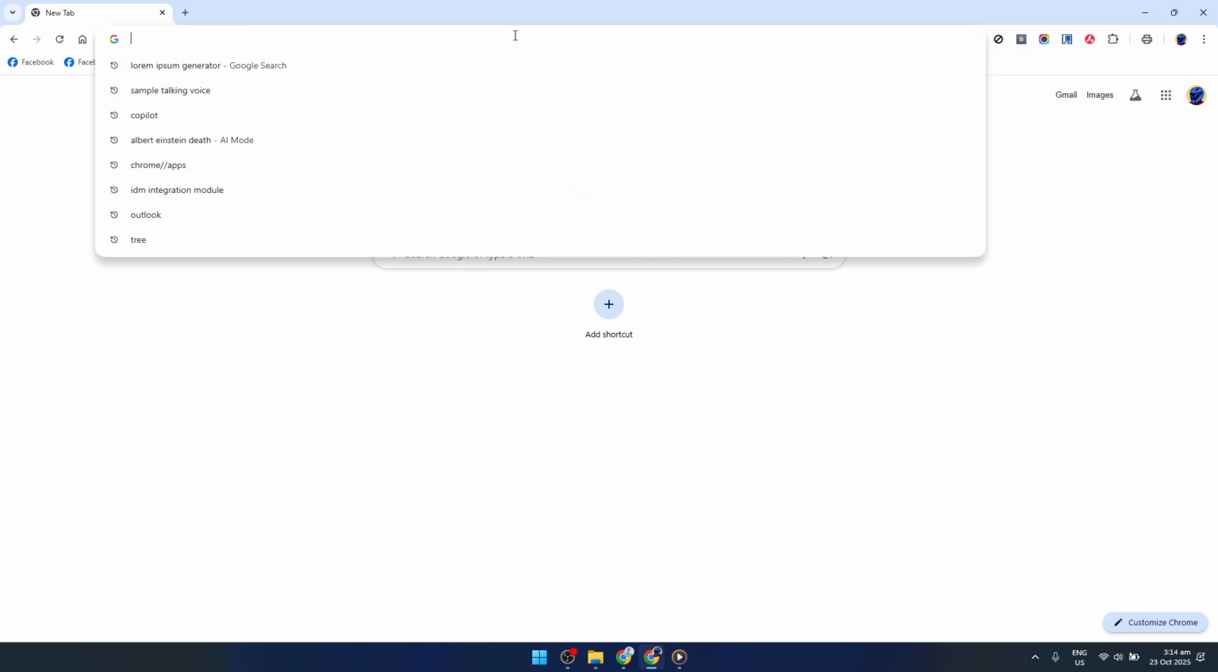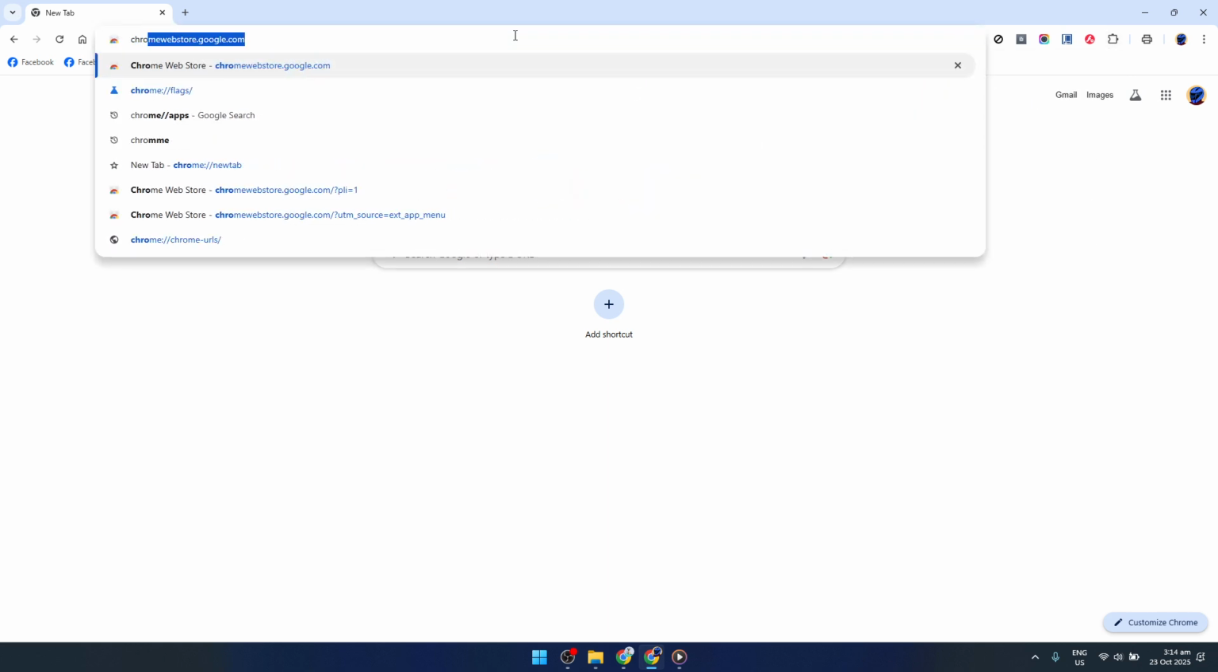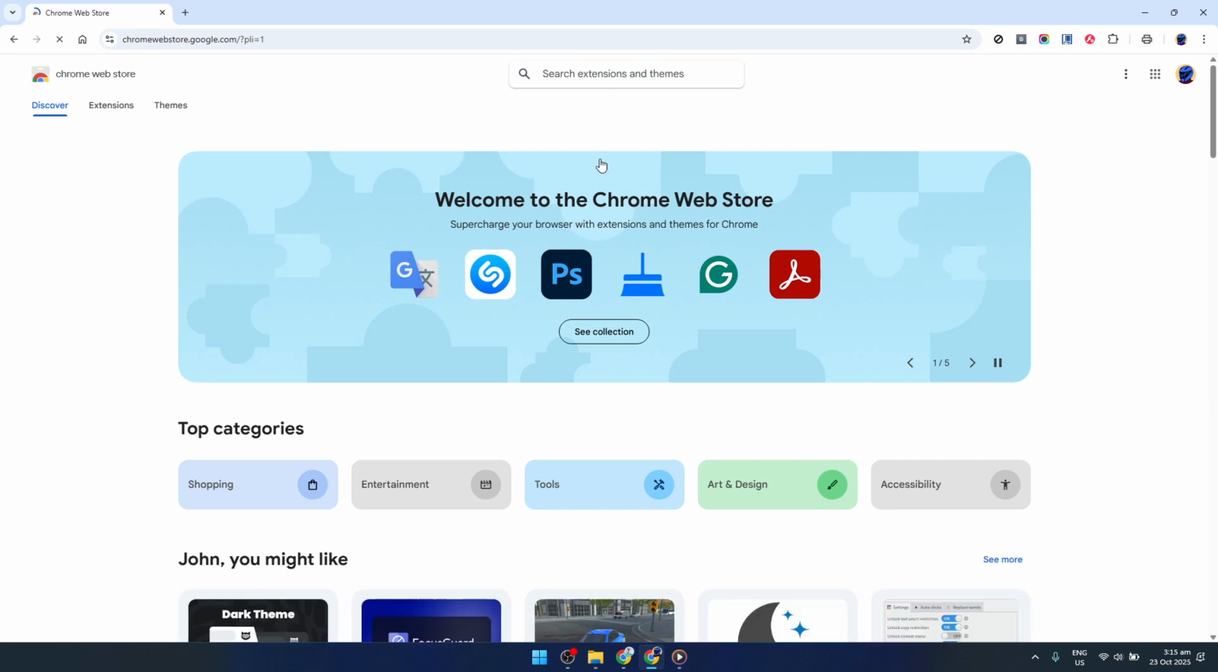This is where you'll find all the extensions you can add to your browser. Simply open your web browser and type in chromewebstore.google.com in the address bar. This will take you directly to the Chrome Web Store homepage, where you can explore thousands of extensions designed to enhance your browsing experience. Once you're there, look for the search bar, typically located at the upper left corner of